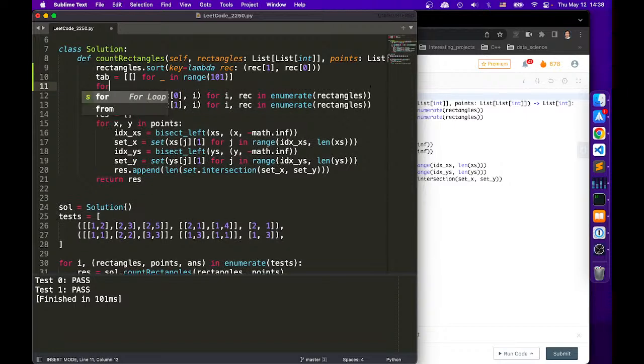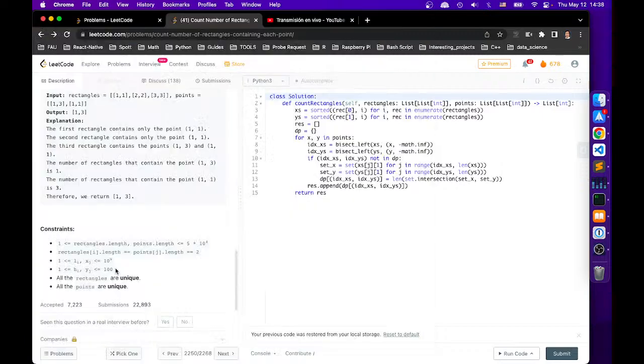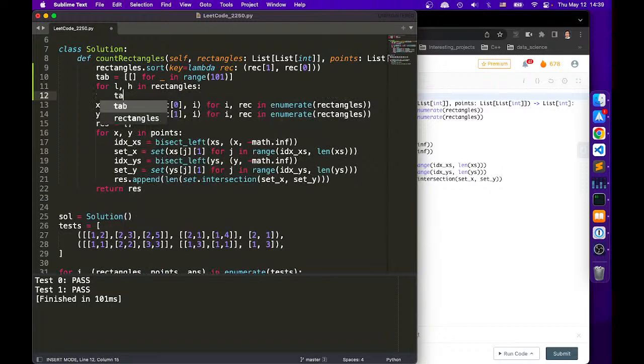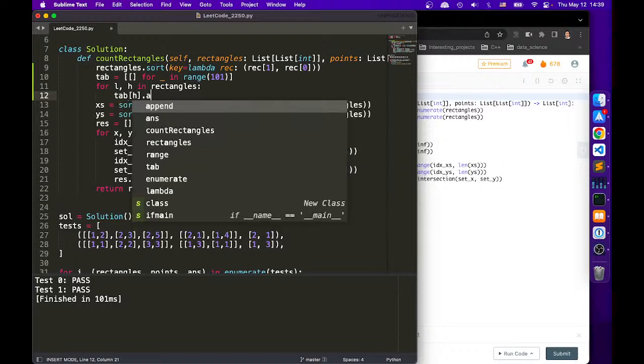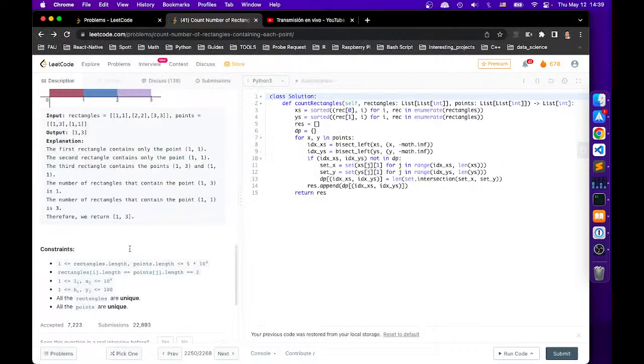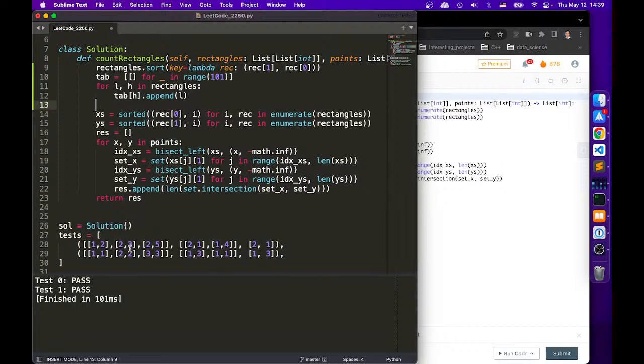And then we say for length and height in rectangles, tab[h].append(l). Okay. Once it's done, then we're gonna say given points, so a bunch of points. So we're gonna say heights for equals to